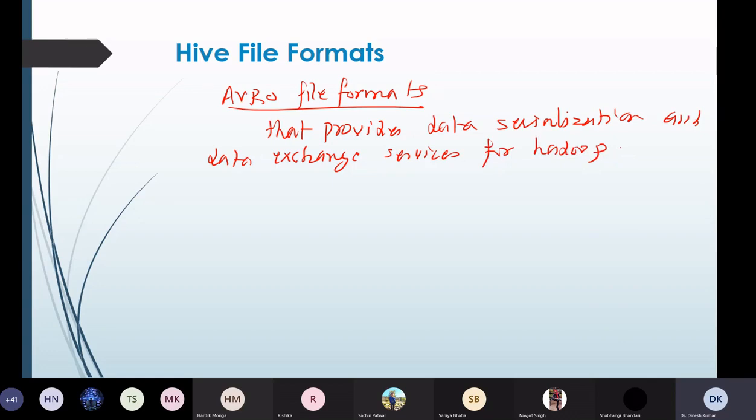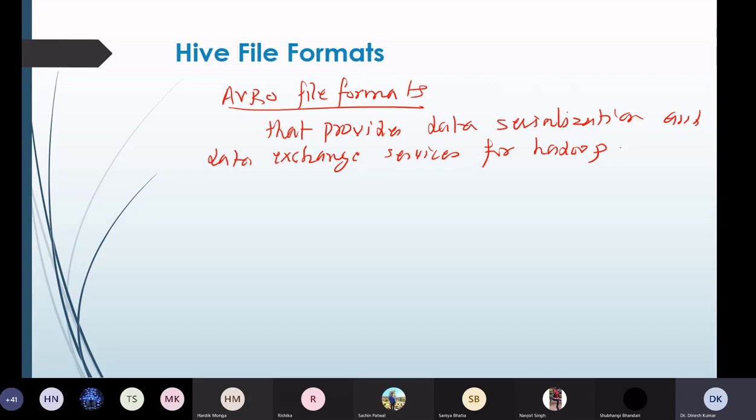That means you can exchange data between the Hadoop ecosystem and programs written in any programming language. It is one of the popular file formats in big data Hadoop based applications.